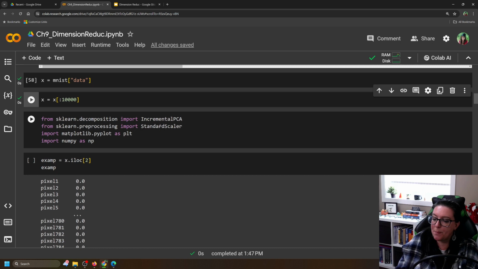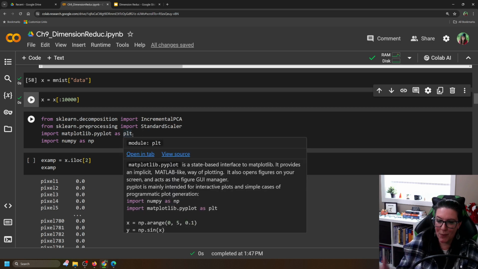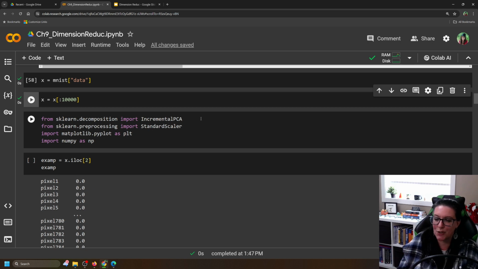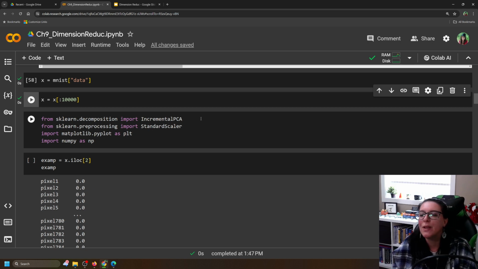Now we're going to use the package IncrementalPCA so that we can load it in batches to do our principal component analysis. We're going to use StandardScaler here to standardize our data. Good practice to get into when you're doing your principal component analysis. We're going to import matplotlib.pyplot as plt so that we can show this, because we want to actually create these images, assemble them from the pixels here. And then we're going to import numpy as np